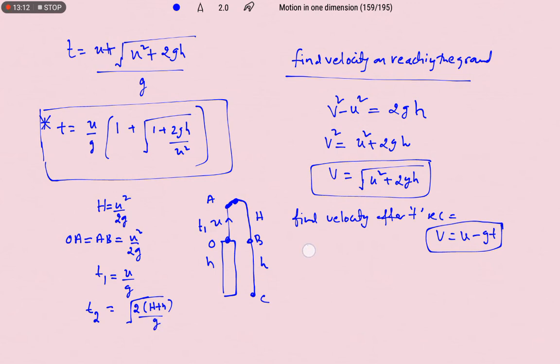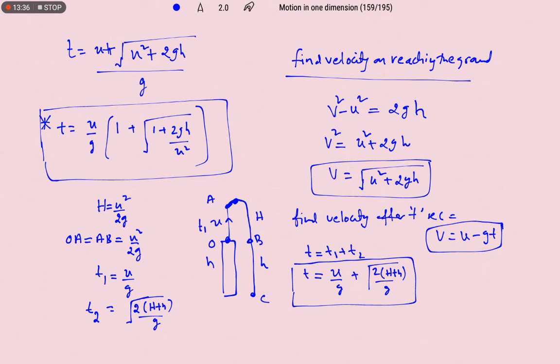Therefore what is the total time taken? Total time taken to reach the ground is t1 plus t2. Therefore t is equal to u by g plus 2 times the square root of (2(H plus h) by g). So with the help of this expression, if we know the time taken, we can find out the height of the